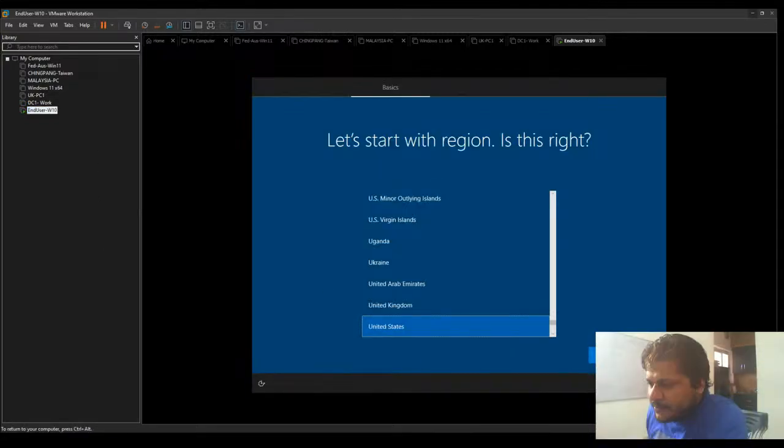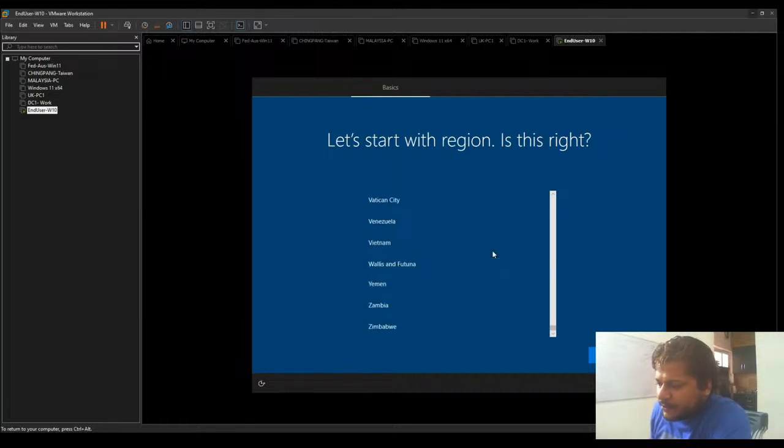Now in the configuration page, let's start with the region. I'll change the region to where I am located. You can choose your own region. Whenever you're watching this video, make sure that you select the region you are physically at that specific moment. So I'm going to select India over here, where I am.